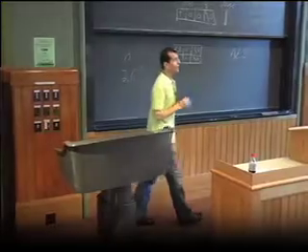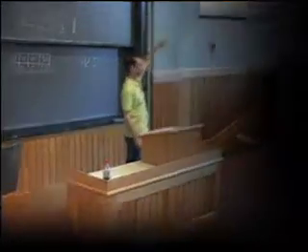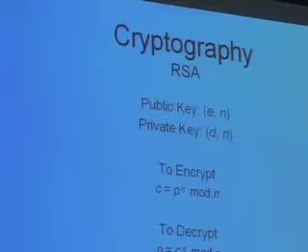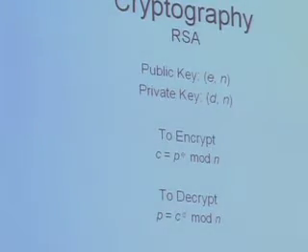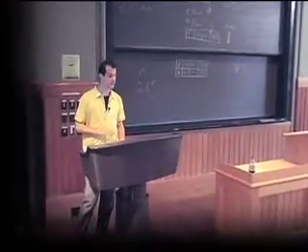But once you have this mathematical relationship between n and then these other two values, e and d, encrypting a message with RSA really just boils down to some mathematics. You take your plain text, p, and maybe take it as the ASCII equivalent for each character, so the number 65, 66. You raise it to the power e, mod n, and that gives you back the encrypted version of that character. And reversing that process simply involves raising the ciphertext character to the d power.